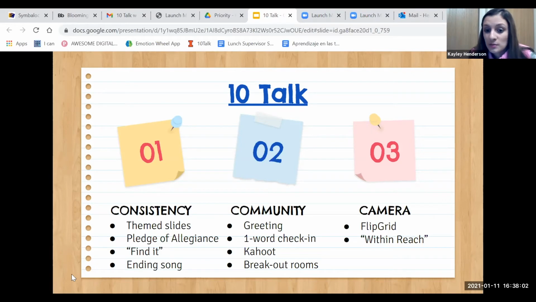That way they'll talk to somebody maybe they wouldn't normally talk to, especially mixing the boys and girls in third grade. They're like, oh man, I'm with the boy, but it's good for them. And they've also been able to share